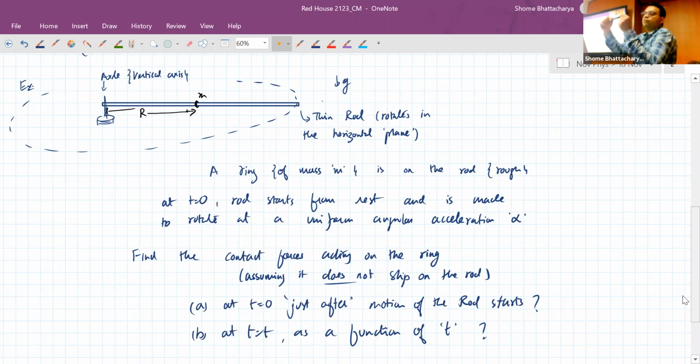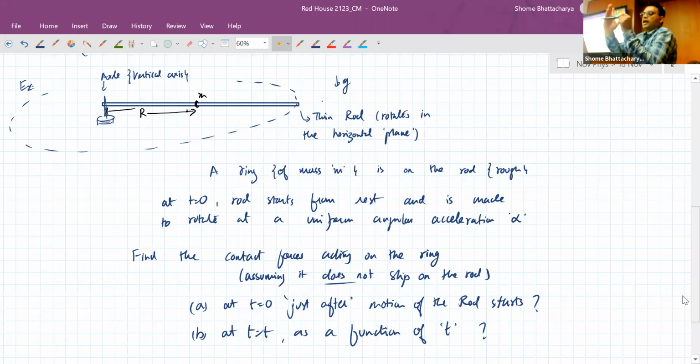So the normal reaction has a y component, let's say ny, that's mg, and an x component, or actually that's a tangential component, so you can write it as theta cap. So what you can do is take your xy plane as this horizontal plane. Instead of x and y, we will take r cap and theta cap in the horizontal plane, and your z axis is the vertical. So the normal reaction has a z component, you can say nz, which is balancing mg, and it has a tangential component along theta cap, which is providing the tangential acceleration.